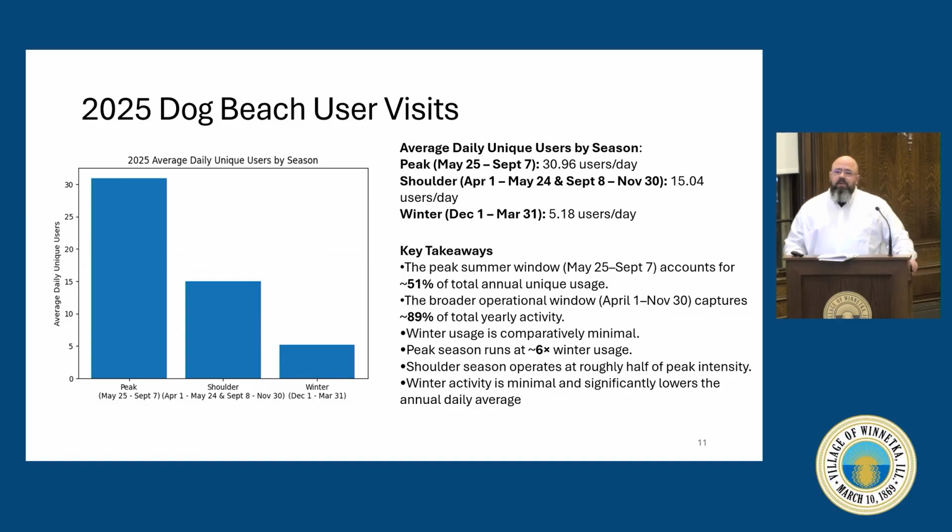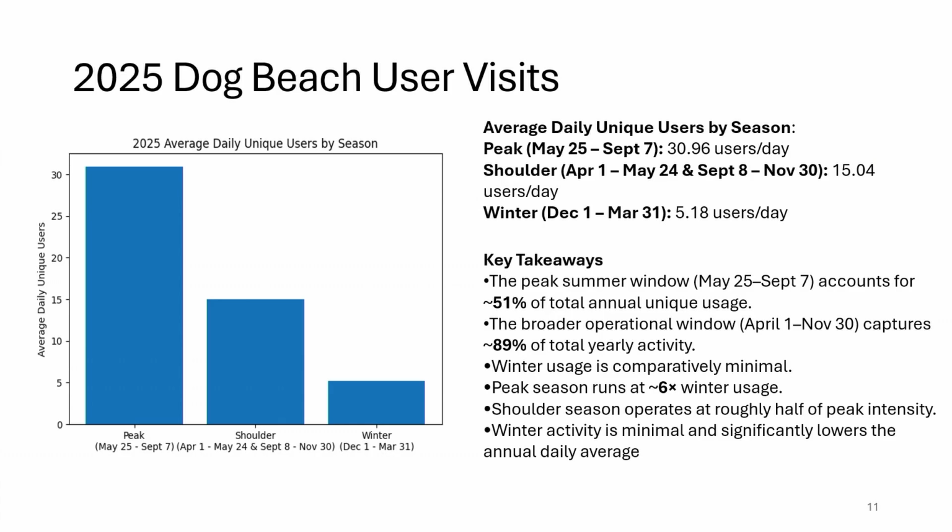One of the things that we wanted to note as well is the amount of Dog Beach users that utilize Centennial Beach. In fact, the Dog Beach users themselves. So this chart here, along with the data, kind of snapshots that for 2025. 2025 was the only complete data set that we had, so we want to make sure that we were capturing that in its entirety. So we looked at 3 seasons, the peak season, basically Memorial through Labor Day. We looked at the shoulder seasons, which was April to Memorial Day, and then from Labor Day to November 30th, and then the winter. In the peak seasons, we averaged around 31 users per day. That is the average. In the shoulder seasons, about 15, and then in the wintertime, approximately about 5 users per